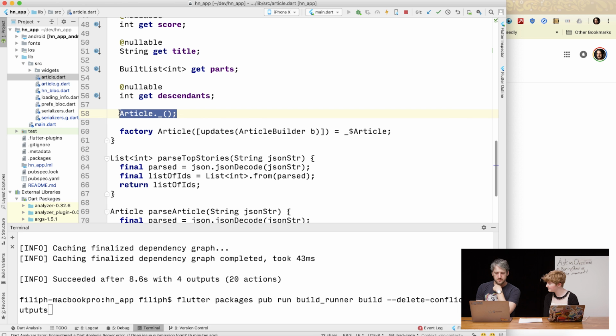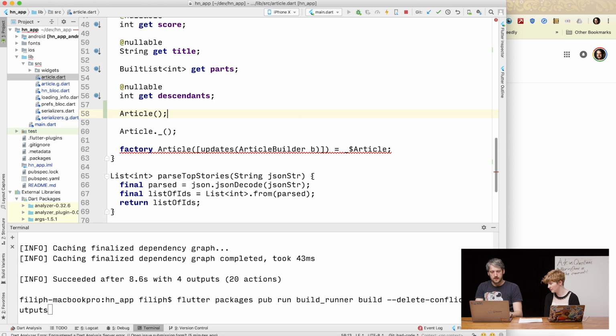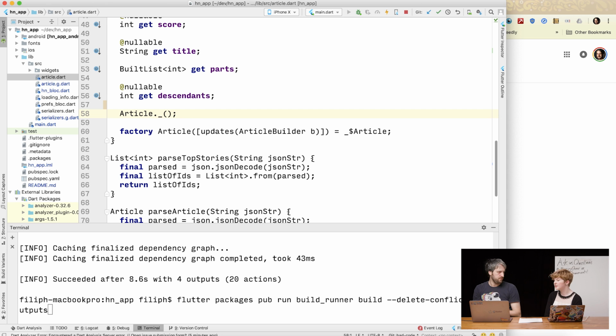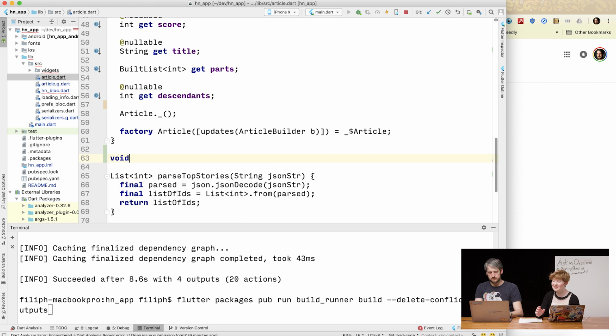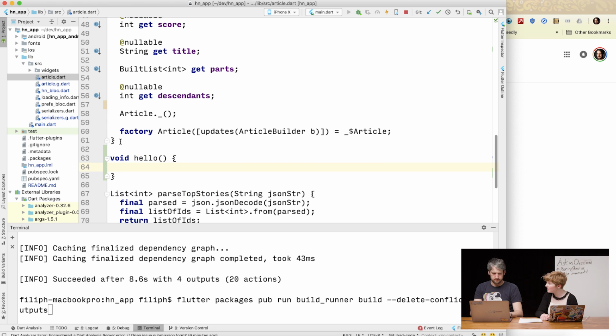Another thing that sometimes trips people up: why would you do this? This is basically saying I have a constructor that does nothing, and it's not a regular constructor, it's a named constructor. And I don't have a regular constructor, like I don't have Article.this here. So this means, without the factory, that you can't construct an object of that type. It's a way to prevent that. You would do this particularly if you have a singleton type class and you're preventing instantiation. It's kind of like